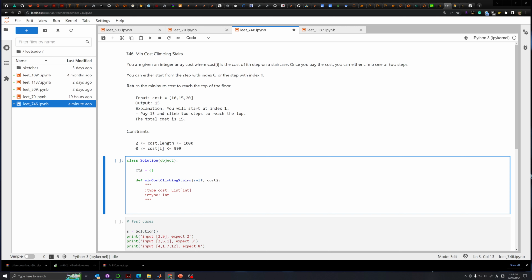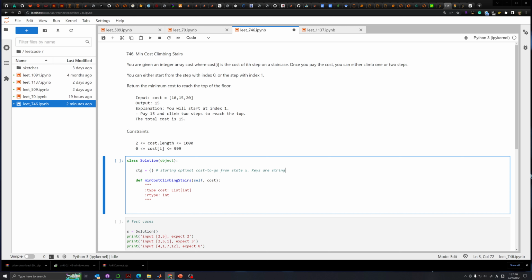It's going to be a dictionary storing the optimal cost to go from state X, and the keys